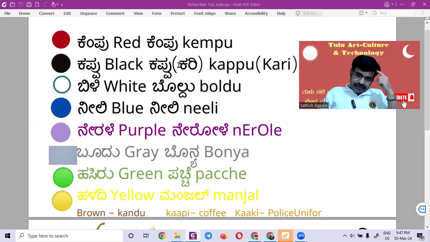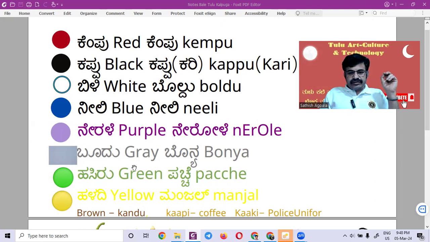Kappu kujal. Kappu kannasime. Okay. Buldu. White. Buldu. Milk. Pear. Buldu kakaji. Kakaji means what? Paper. Neeli. Sky. Nerole. One type of fruit. Nerole.